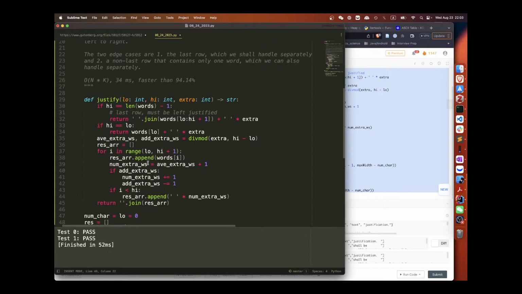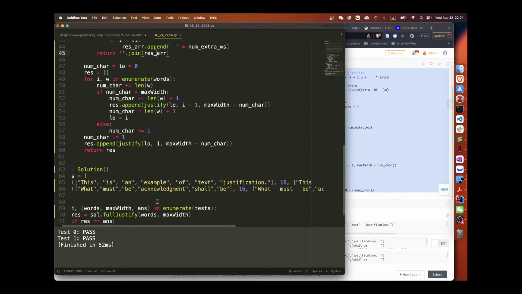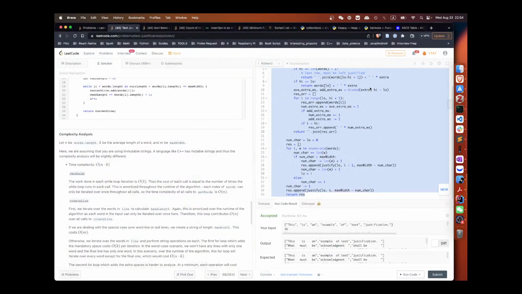It's hard to say, right? I mean, you count this, right? You have to count this as well. This is technically still O(N), but you have to do these and these.